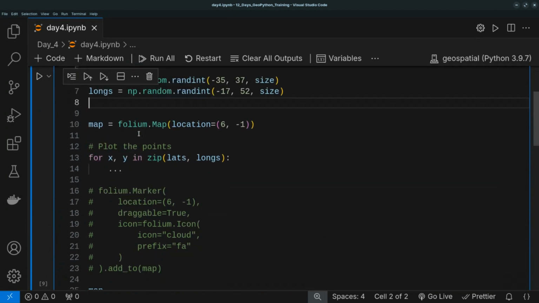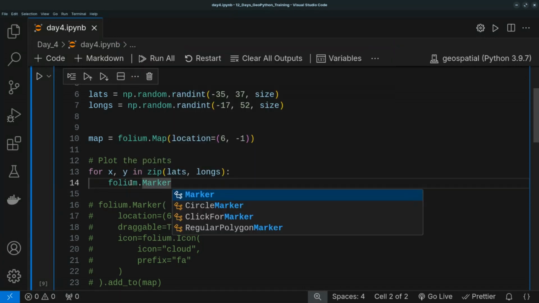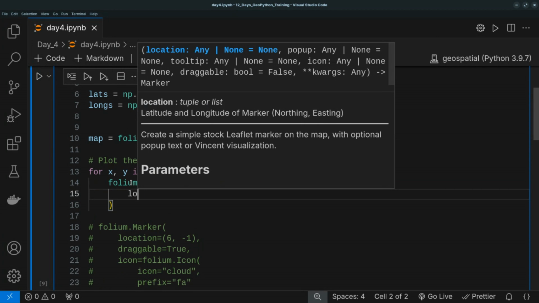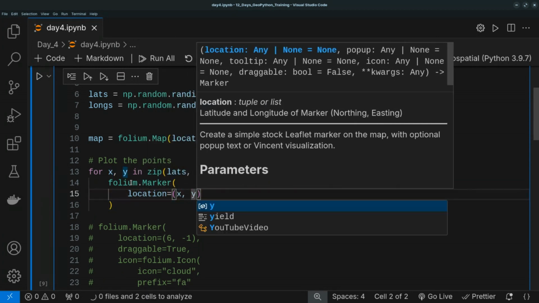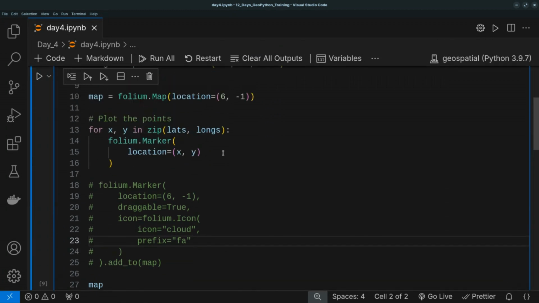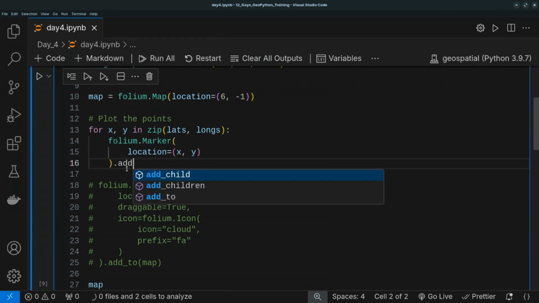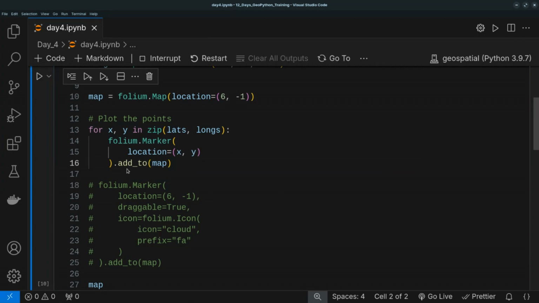So now I am zip mapping through them here. And then I'll say for each of them, I want to add a Folium marker. And then the location here will be X, Y. So whatever the Y equivalent of this negative 28 is, it will take it and then add it here and then plot it. And you know that if I want to see, I have to add to and then select that I'm adding it to the map. So if I run this one now,